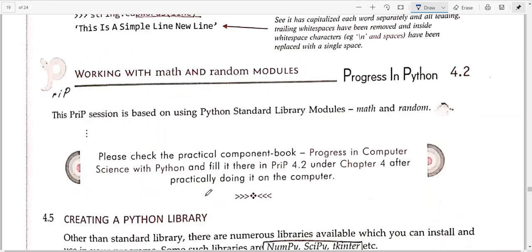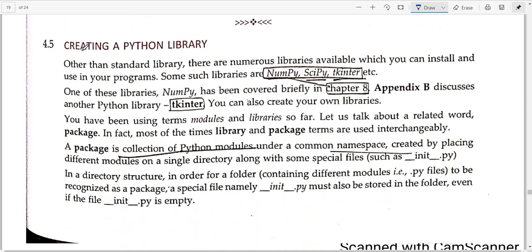So here we have completed today's lecture. Tomorrow we'll be starting with the last topic of this chapter, that is totally practical based. So we'll be discussing it in detail, and I'll show you the practical also, creating a Python library. This particular topic you need to do in your practical file also. You need to create your own Python library. I'll be telling you the steps to create your own Python library. This is your practical also, so be very careful as you are doing this. Keep them in your record so that it can be a part of your practical file.